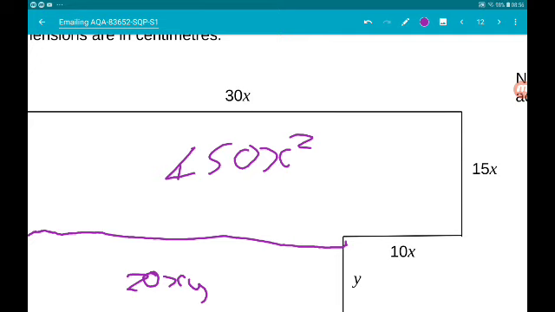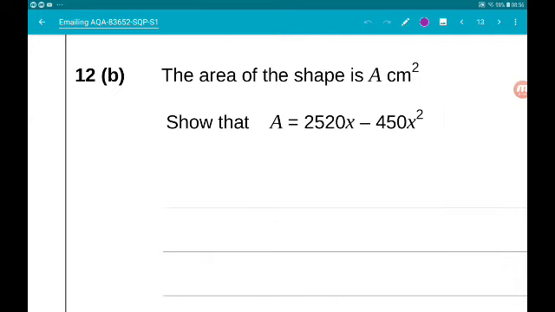Okay, so up to here, A is 20x times y add